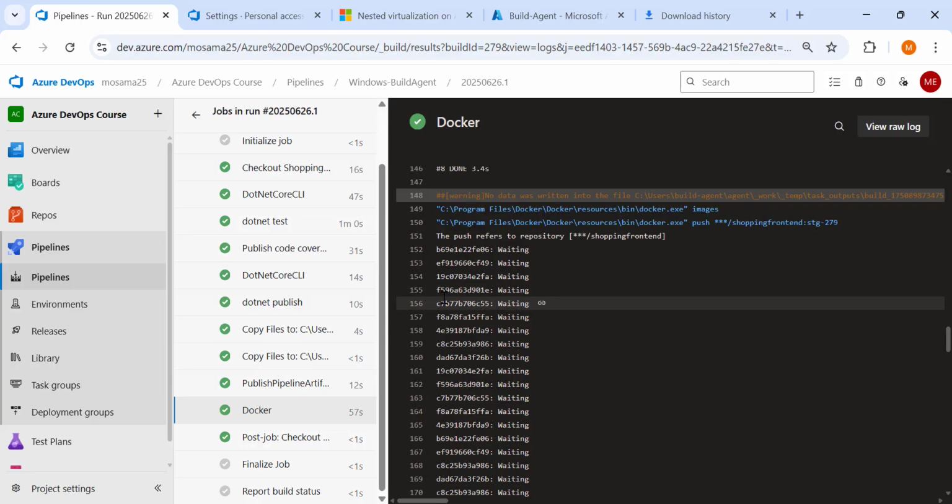So that's all for this lecture. We have installed the Windows self-hosted agent and installed our dependencies like the .NET Core SDK and Docker Desktop, and enabled nested virtualization in the Azure VM. In the next lecture, we will see how to containerize our self-hosted agent, so we can containerize the dependencies inside this Docker image as well, so we can use this image anywhere by only pulling it from a registry that includes the agent and also our dependencies.